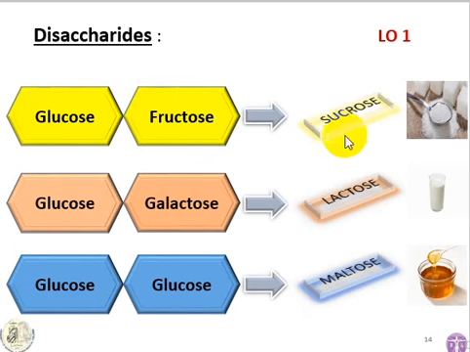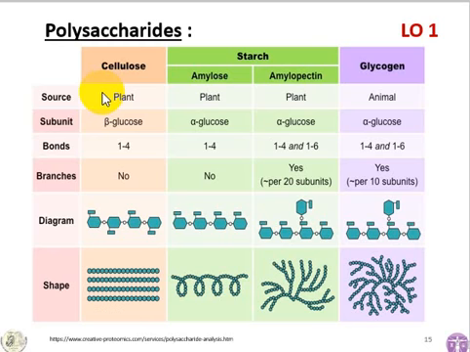Disaccharide is a carbohydrate containing 2 subunits of monosaccharide. For example, saccharose is a disaccharide containing glucose and fructose. Lactose is a disaccharide containing galactose and glucose, while maltose is a disaccharide containing 2 subunits of glucose. Regarding polysaccharides, they could be cellulose, starch, and starch is classified into amylose and amylopectin, or another type of polysaccharide is the